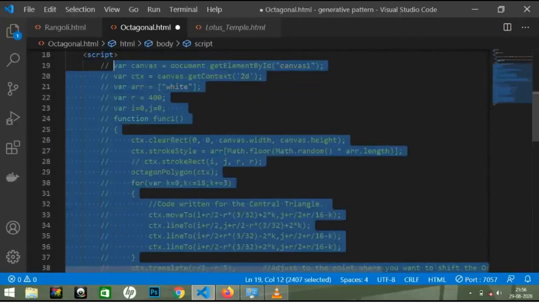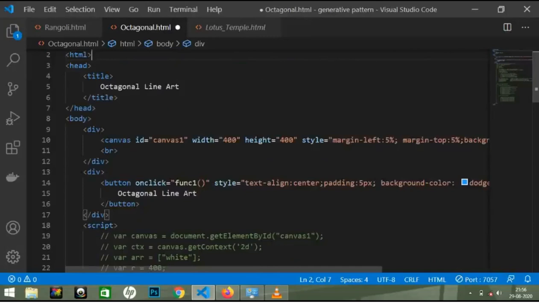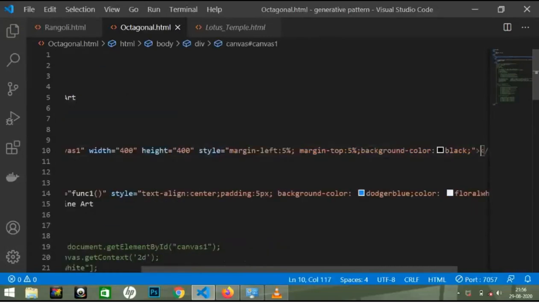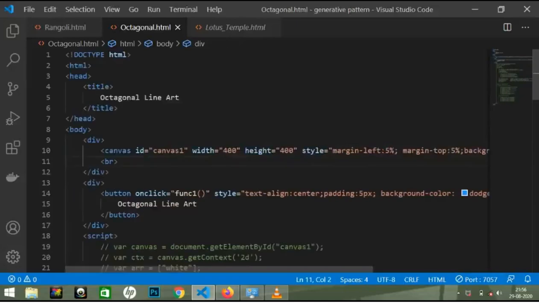Starting from the beginning, as usual, I have used the canvas tag with defined height, width, and background properties, and the button tag with onclick and style properties that include some inline CSS.